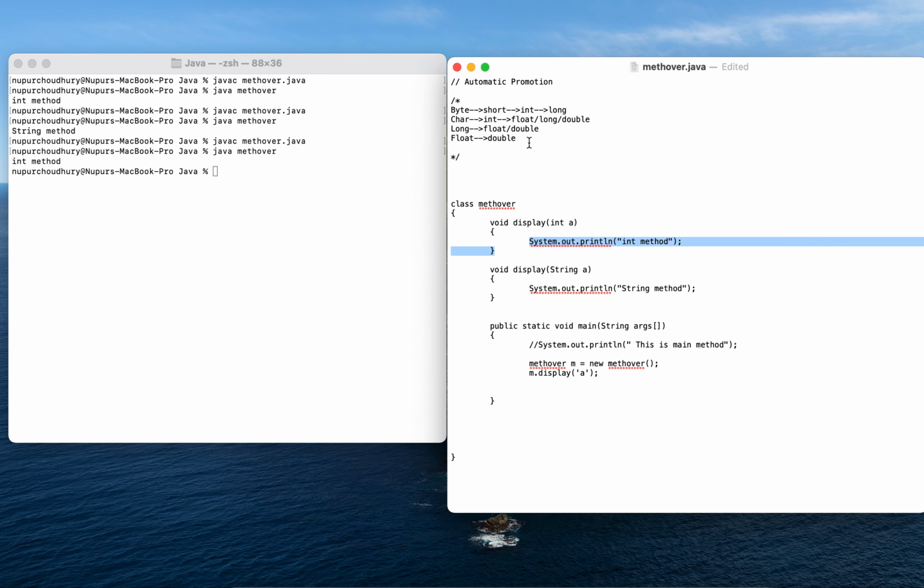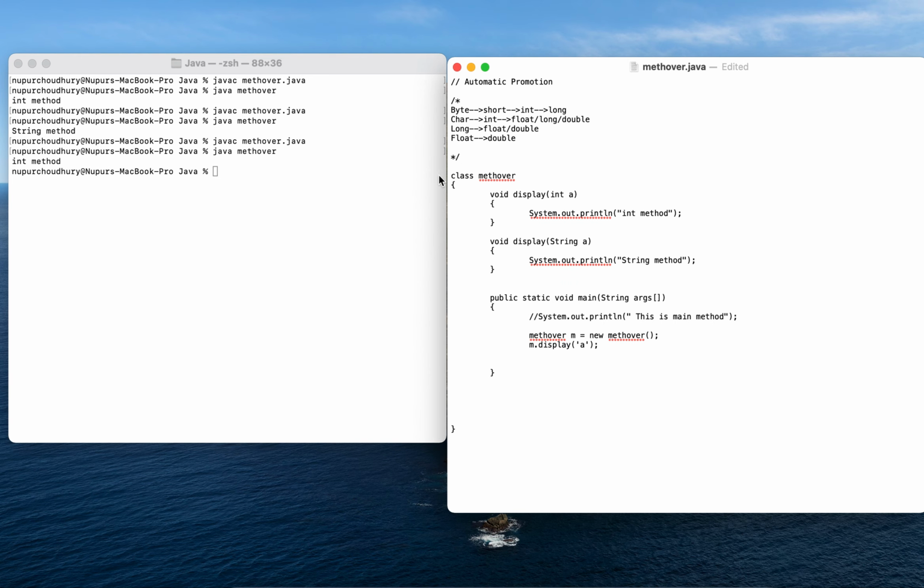There are other rules also, for example if something can be converted into string or other values; there is a list, so you have to go through it on your own. But these are very common types of promotion that we see in our programs. So this is the second concept related to method overloading, that is, automatic promotion.